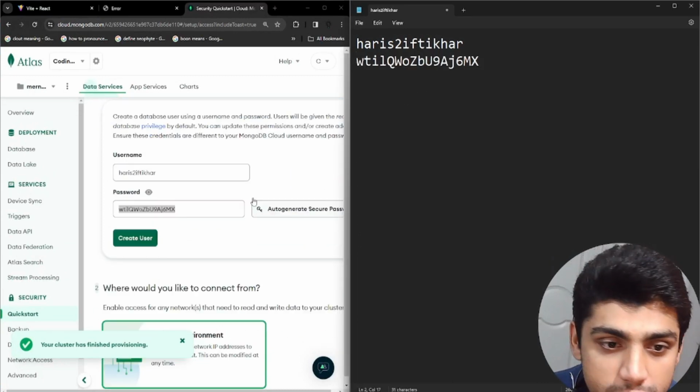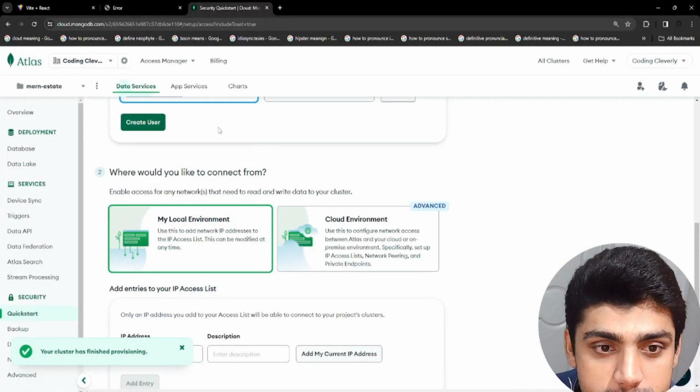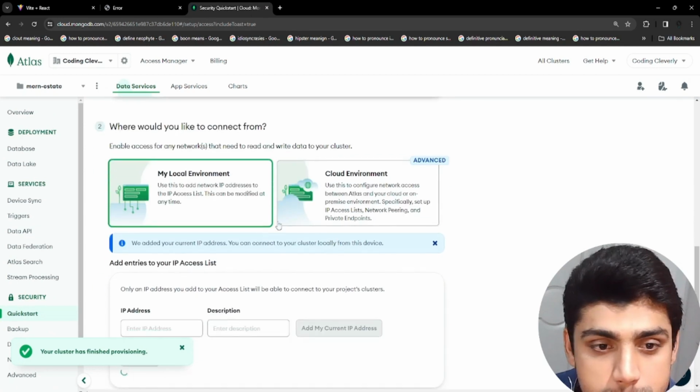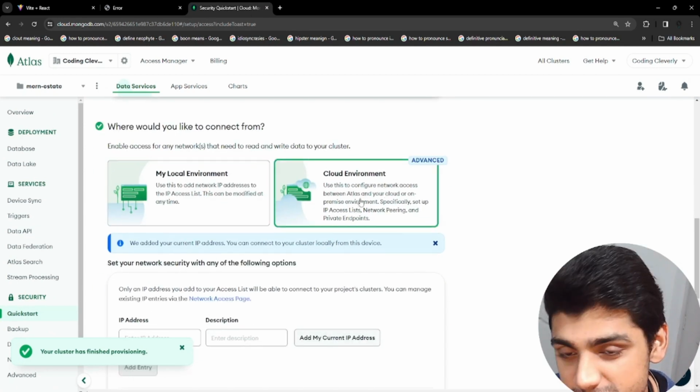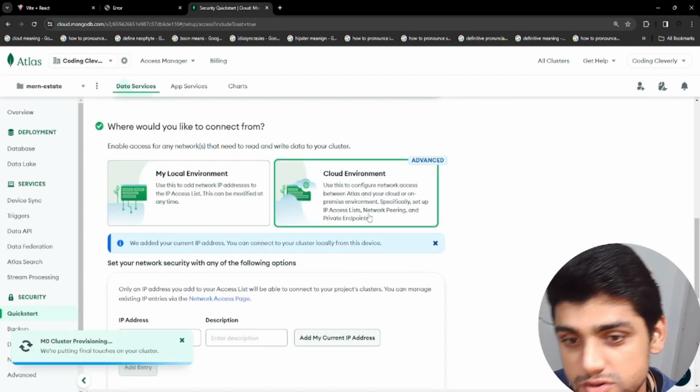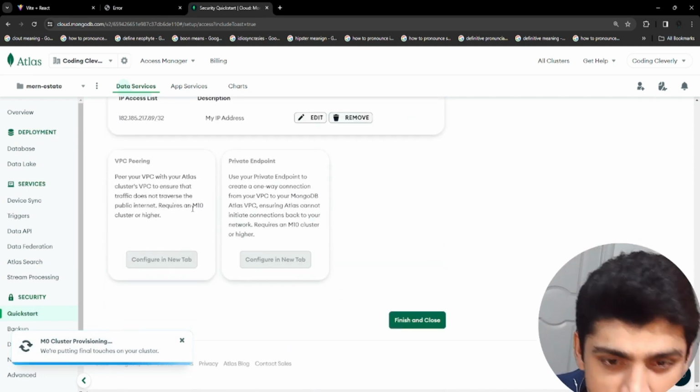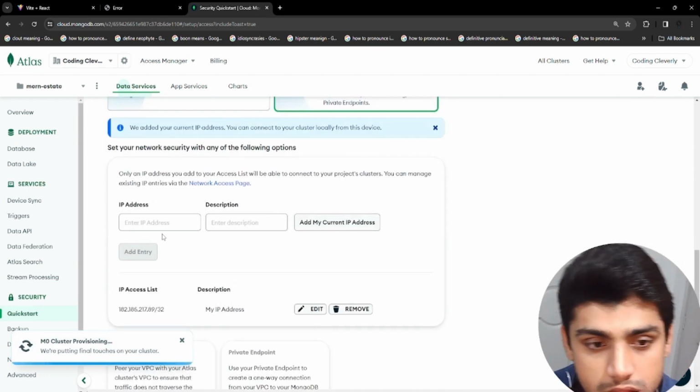Right, so this is the password. Create user. Let's just create that user. Come on, create it. Okay, we'll use cloud environment in this case this time, because we're trying to upload this online, and we're just trying to make it a little different. IP address,